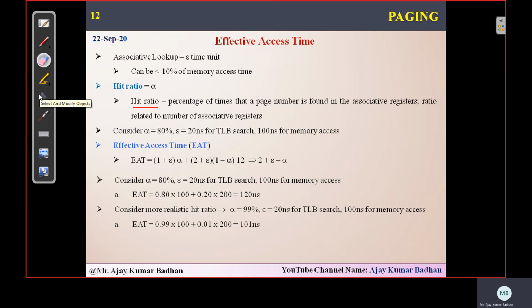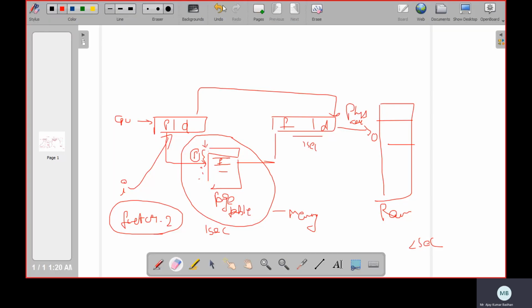Okay. Now here we can calculate that. So we have been provided a formula here. Using that formula, you can do that. So here he is representing the hit ratio with alpha, and the effective access time with 1 plus epsilon. Epsilon is some information given here, and based on that he is doing it. So let me explain this with an example so that you can understand.